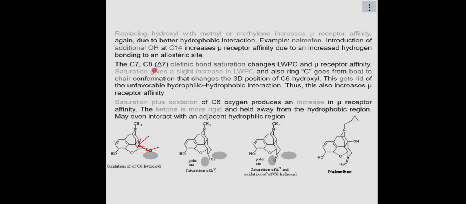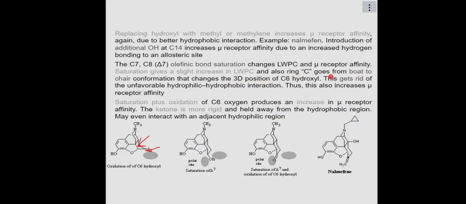The carbon 7, carbon 8 double bond, or olefinic bond, saturation changes the lipid water partition coefficient and mu receptor affinity. Remember, with saturation you add hydrogen, so you slightly increase the lipid water partition coefficient, and you also change the mu receptor affinity, because, as we have said, when you saturate, you change from the boat to the chair conformation. Saturation gives a slight increase in the lipid water partition coefficient,